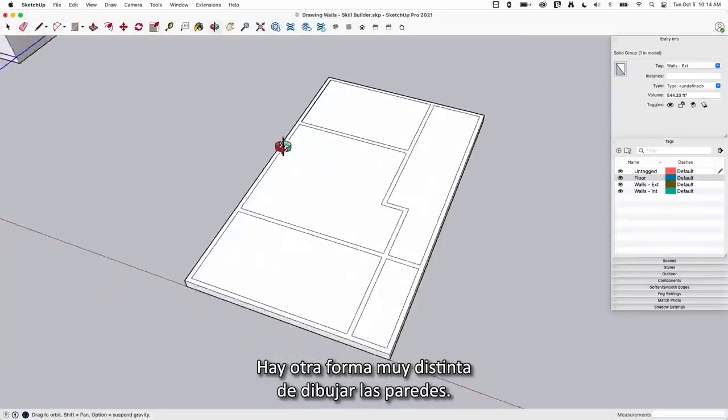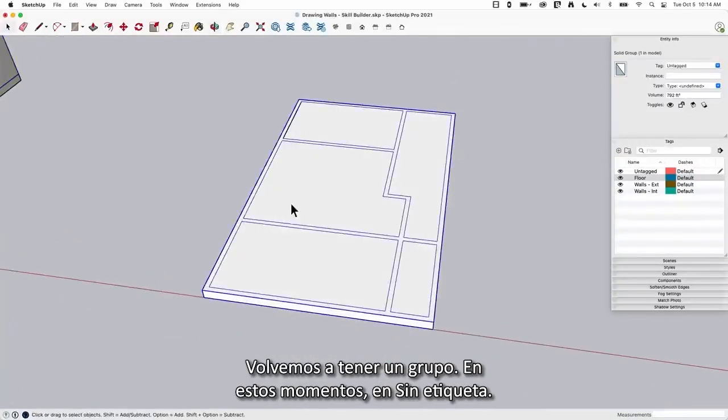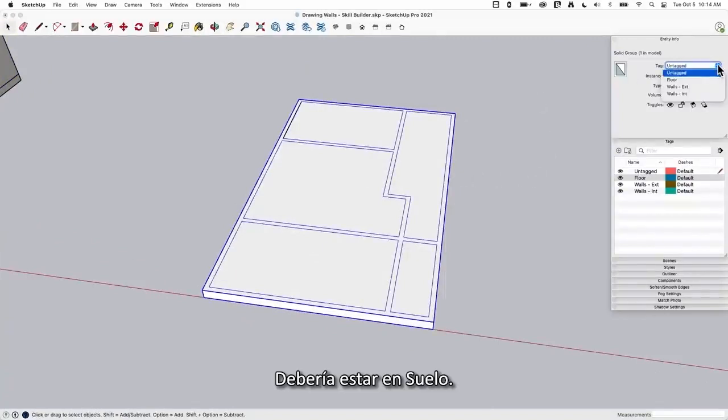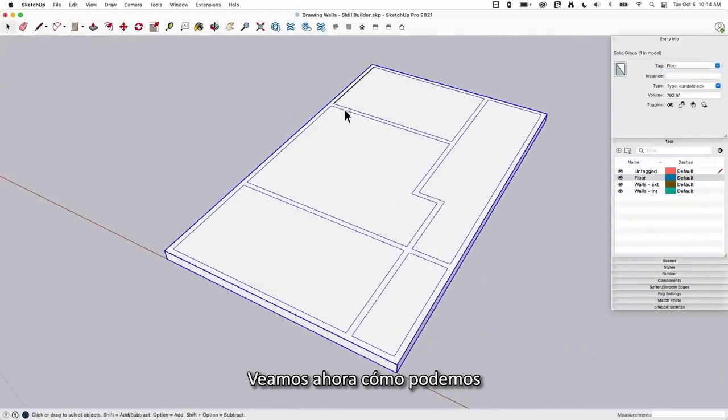So there's a very different way you can go about tracing walls. So this is a group again. This is currently untagged. It should be on floor. Let's put it on floor. Boom, now it's on floor. All right, so let's talk about how we could also go about